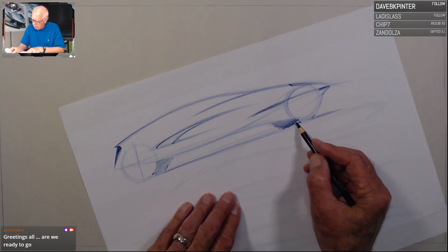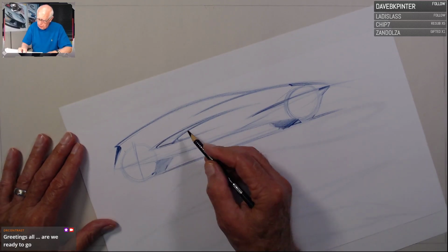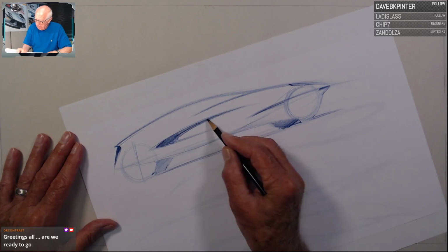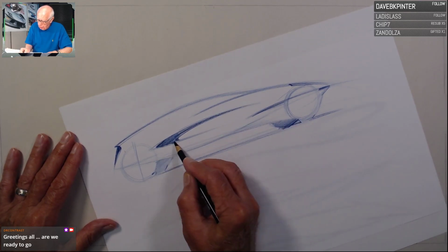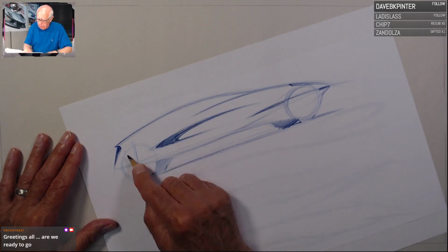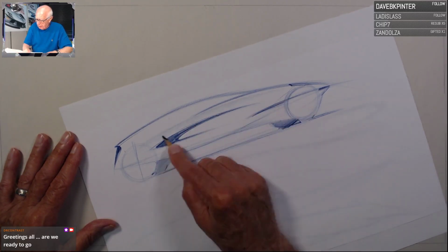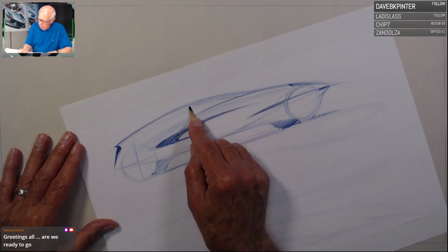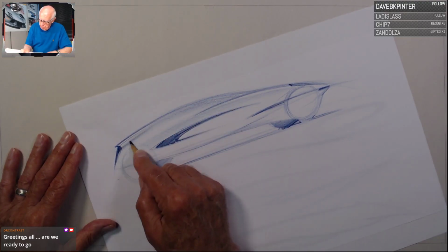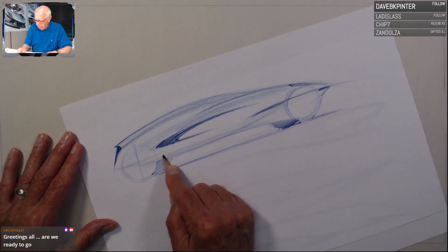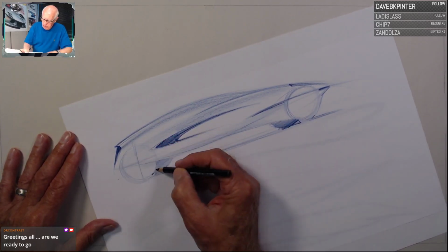Just working with a Prismacolor pencil. There's some just really fast little speed form studies, and begin to transfer them into some sort of a shape vocabulary. Coupe, sedan, whatever it might be, and then just a little bit of tone to this thing. What's it doing surface-wise? Takes very little. Once you get that down,